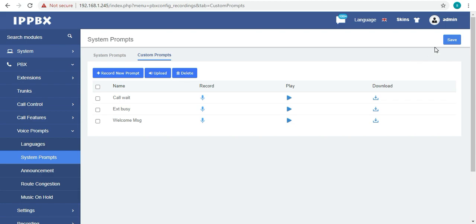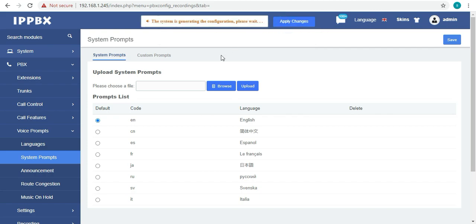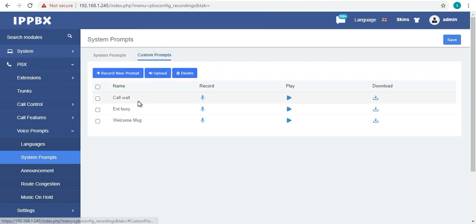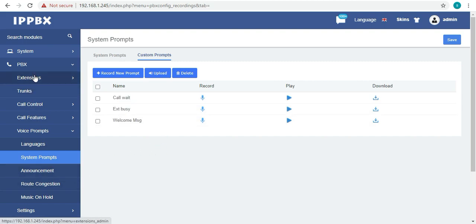I have uploaded 3 voice prompts. Now click on apply changes. You can see these are the voice prompt files.